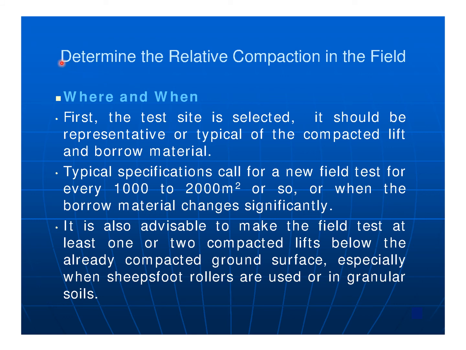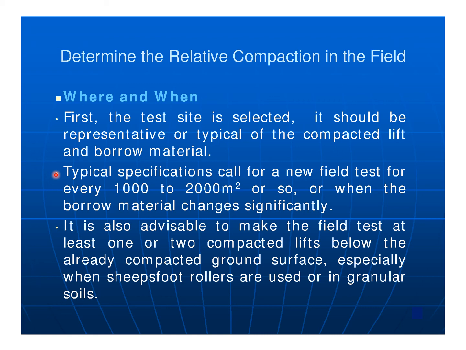Determine the relative compaction in the field: where and when. First, the test site is selected. It should be representative or typical of the compacted lift and borrow material. Typical specifications call for a new field test for every 1000 to 2000 square meters or so, or when the